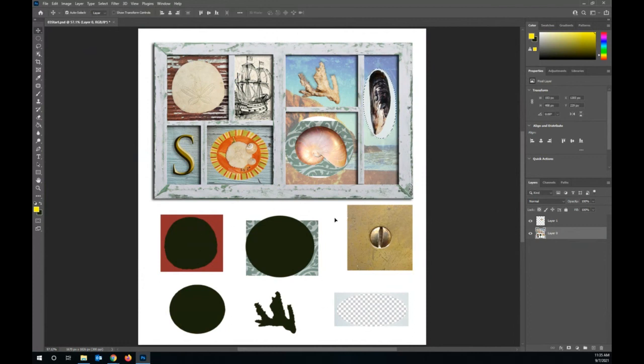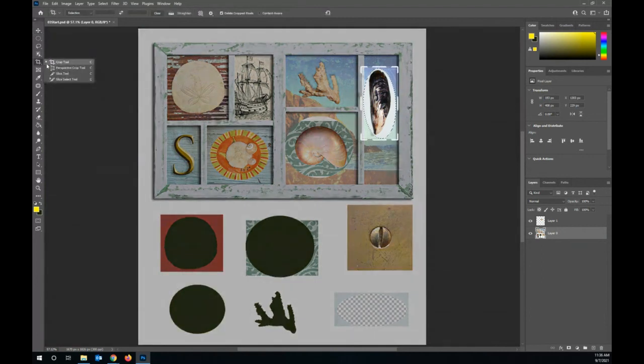I need to discard all of this stuff at the bottom. So in this case, I would use my crop tool. So my crop tool, what this is going to allow me to do is